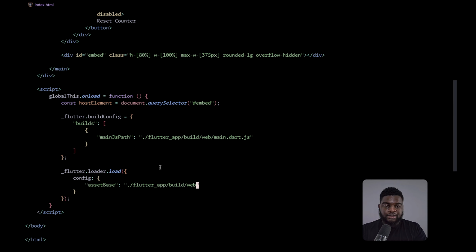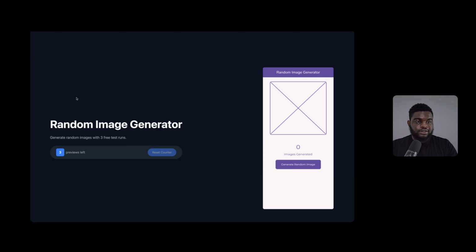And then we'll pass it the host element that we defined up here. So now we can refresh this page and see it take only the specified dimension for the host element.